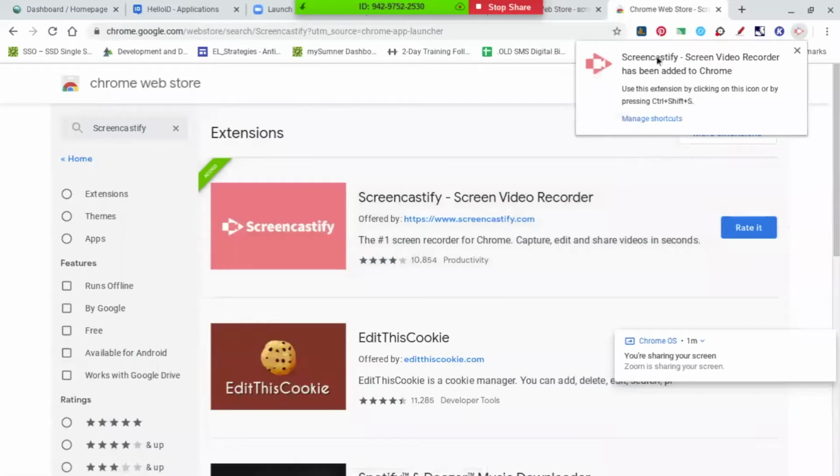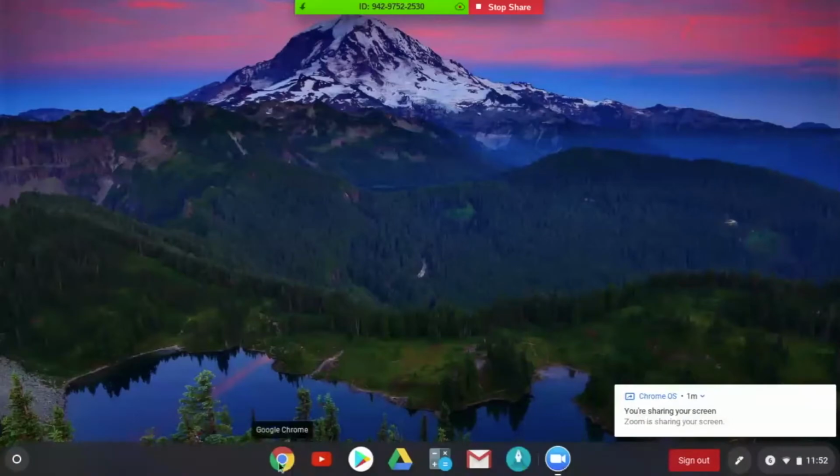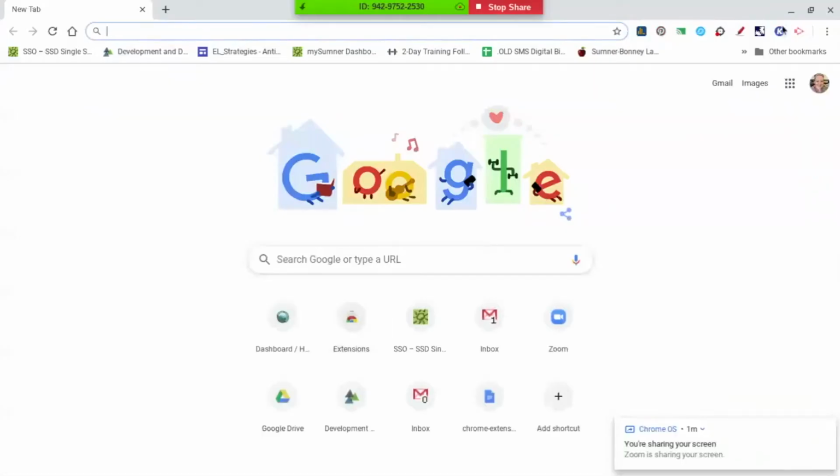Once that's done, it gives you a message up here. It says Screencastify screen video recorder has been added to Chrome. So if you were to close out of all of this and reopen a Chrome window, you're going to see it as an extension up here. All of these things are extensions. Screencastify has this little salmon colored arrow with a video camera icon. Click that